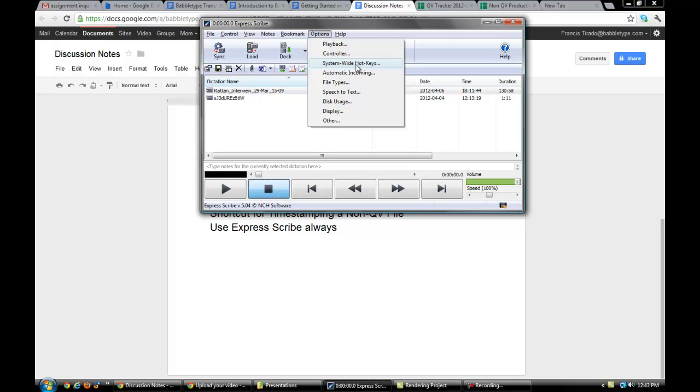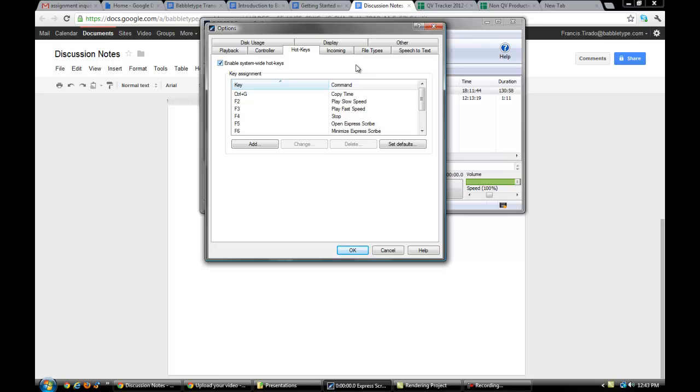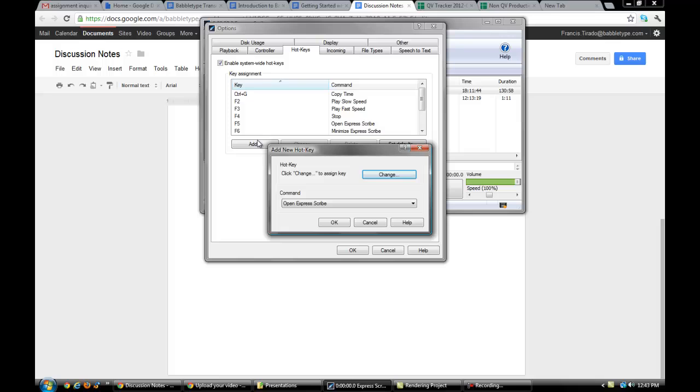Okay, so it's System-wide Hotkeys. Click on that, and a menu that looks like this will appear. Okay, so what you're going to do is, once you're inside this menu, make sure that System-wide Hotkeys here is checked so that it will be enabled. So what you're going to do is press Add. Okay, now